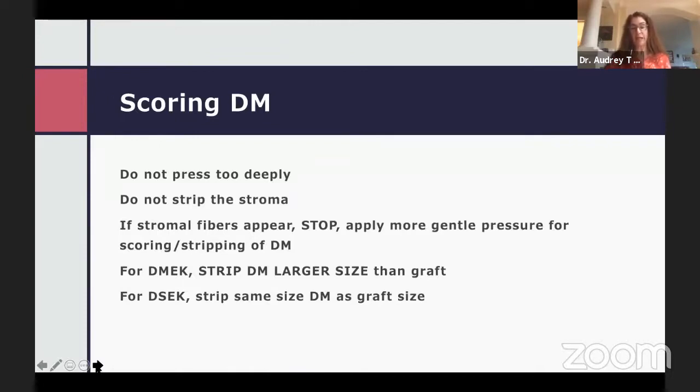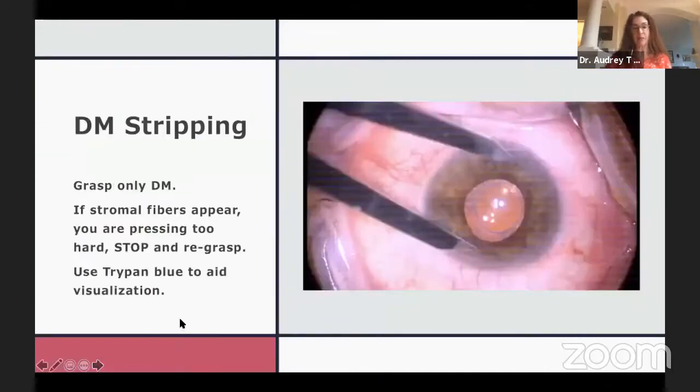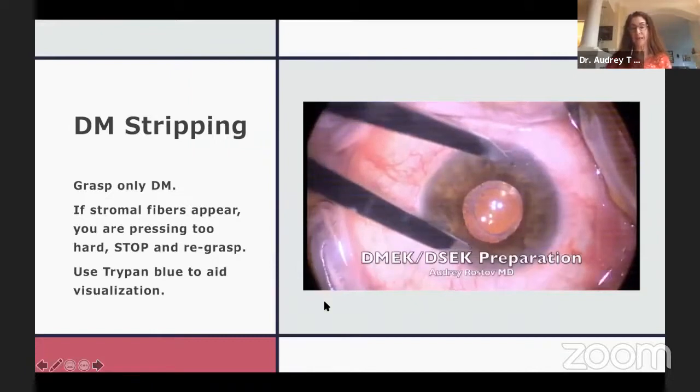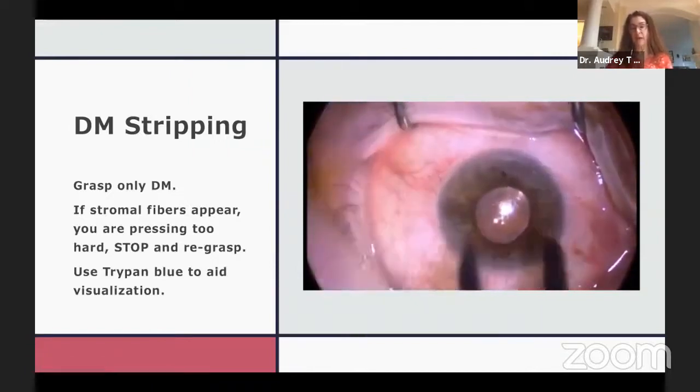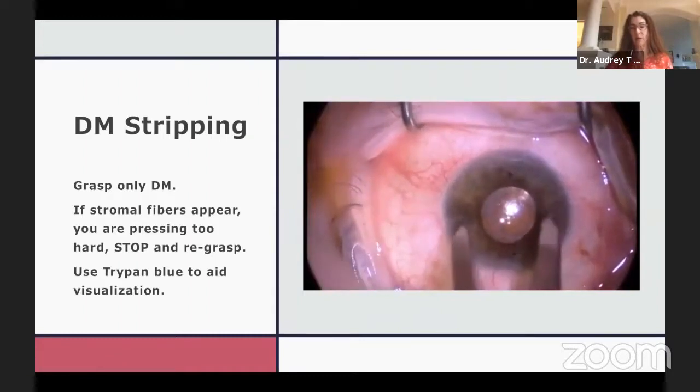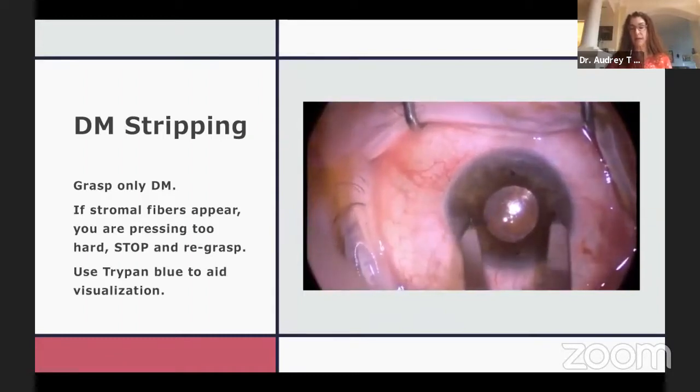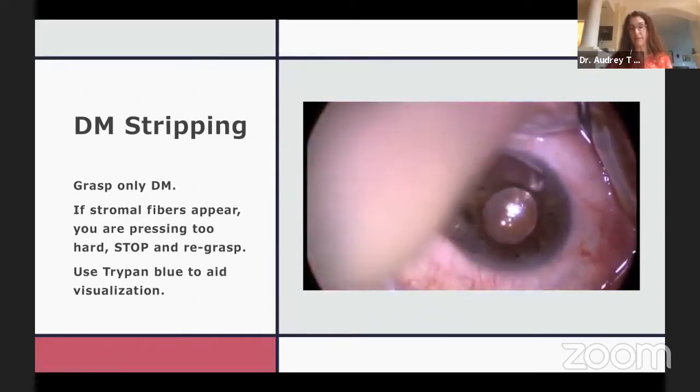For DSEC, it doesn't matter. You can do the same size. And again, with DSEC, it's easier to cover your mistakes. DMEC is really not the same way. Here is just marking the cornea. So you can see, again, that's the marking right there. And then with a